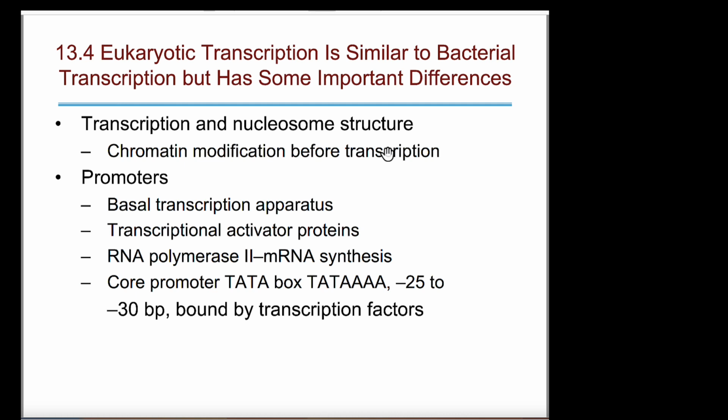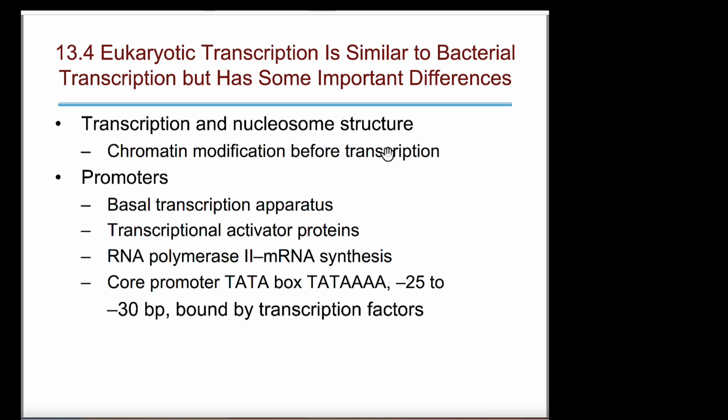You also have different promoters. This is another difference between eukaryotic cells and prokaryotic cells. There are multiple promoters in a eukaryotic cell that we don't see in a prokaryotic cell, and this also gives added complexity to the regulation of gene expression in eukaryotic cells. So you have a basal transcription apparatus, but then you also have activator proteins. You have a core promoter, which has various sequences in it that are essential for